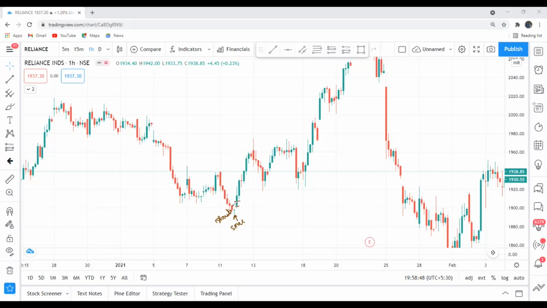Above 50% of the first candle, that means if it closed here also it is okay. So you will enter here, your entry will be here, your stop loss is here. See how much uptrend it went. So you can conclude that the downtrend is coming to an end and a new uptrend is coming. You have to be very alert and take the decision.